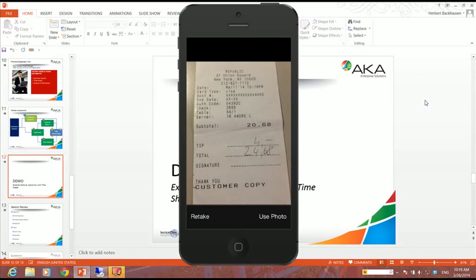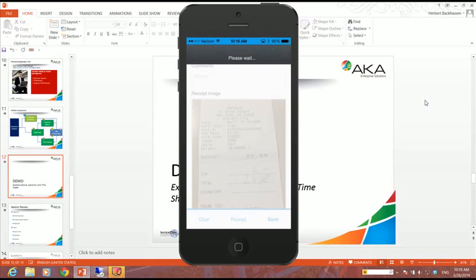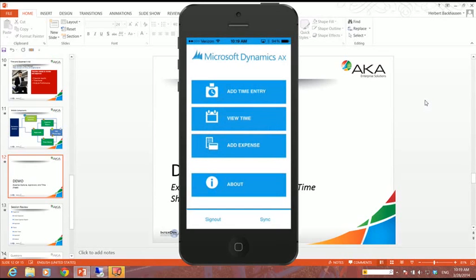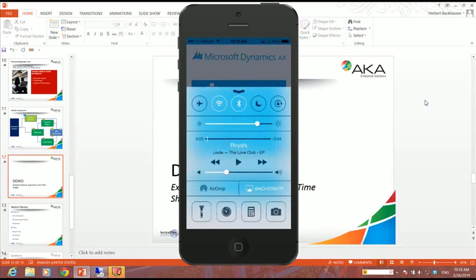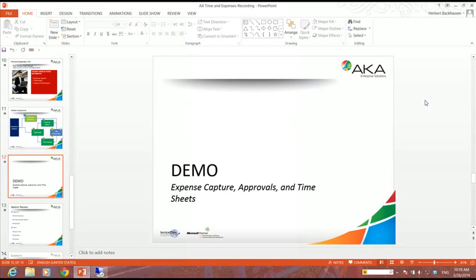Capture this, use photo, and save this. Now I have my expenses saved and submitted. And now let's turn AirPlay off, and go to my